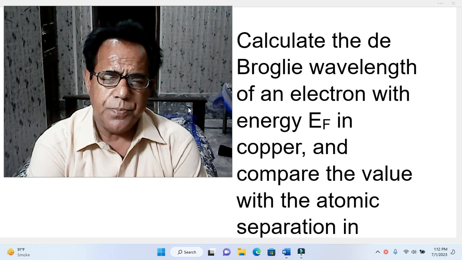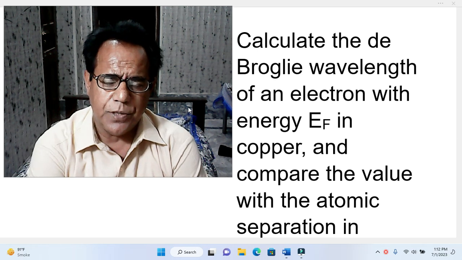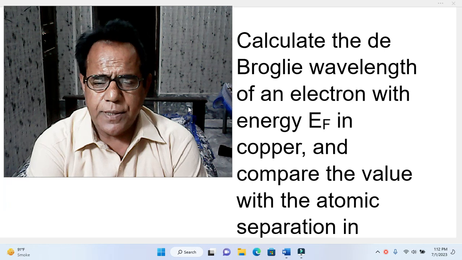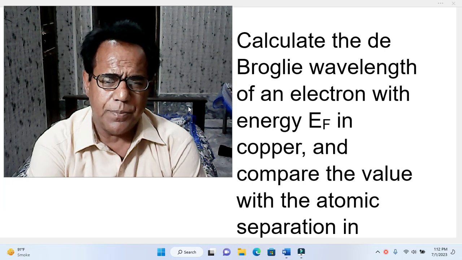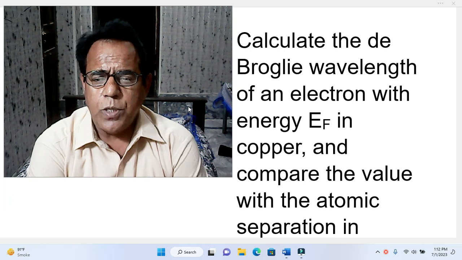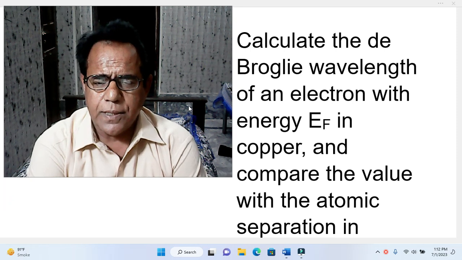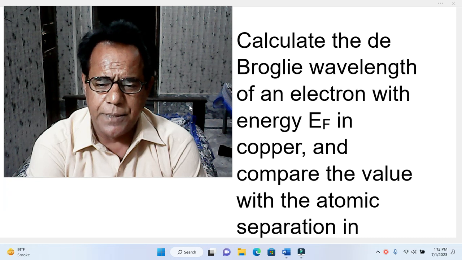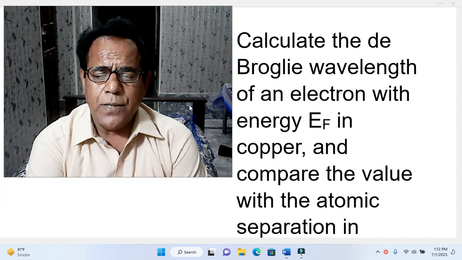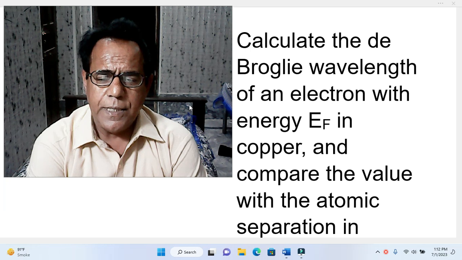Next problem having been chosen from the book Modern Physics by Kenneth Crane. As usual, we first come to its statement. Calculate the de Broglie wavelength of an electron with energy EF, where F is written as a subscript of E, standing for Fermi energy,